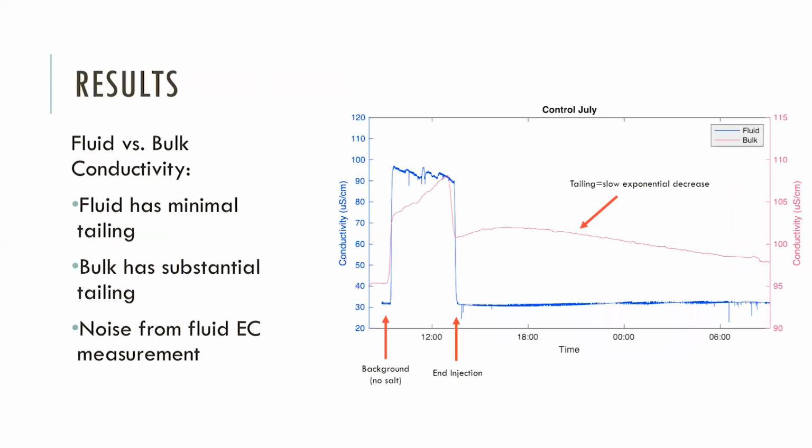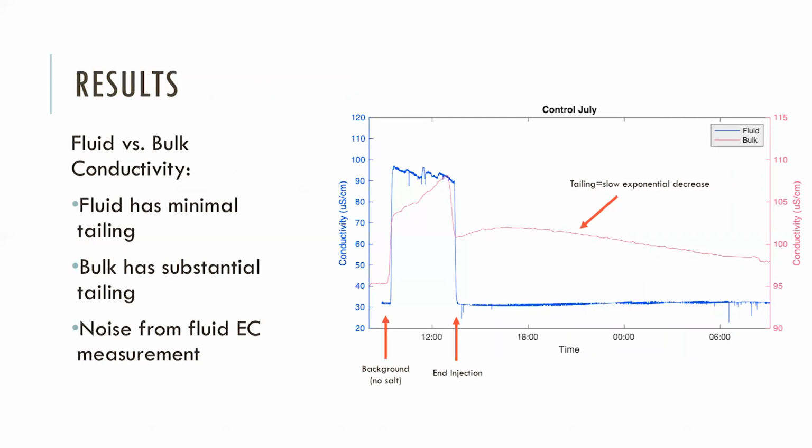So what do we get out of this? We can first compare fluid and bulk conductivity. As you can see on the graph, fluid shows minimal tailing. And by tailing, I mean it is the slow exponential decrease that we are seeing at the top arrow. We're seeing minimal tailing in fluid, and we can compare this to our bulk